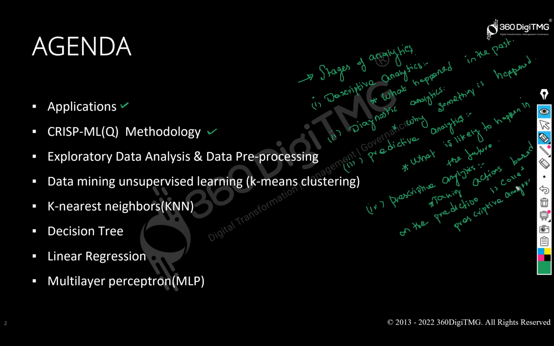I hope it is clear now. What are the stages of analytics? How are the things analyzed? So this is the step we have to follow. First, we need to analyze what happened in the past. Second, why it has happened. Third, what is going to happen. And fourth, you need to take some measures, taking action based on the predictions. What measures can we take to make the prediction true? That is what we will do. I hope the stages of analytics are clear, right?